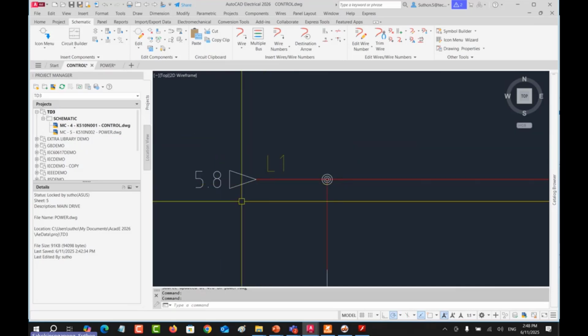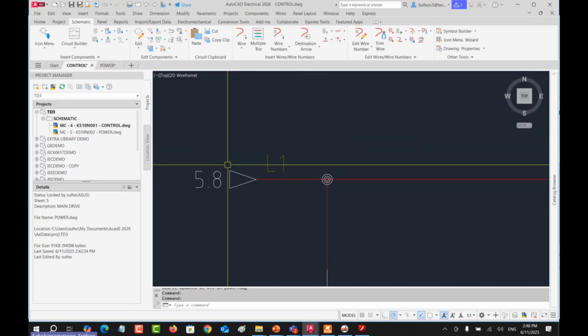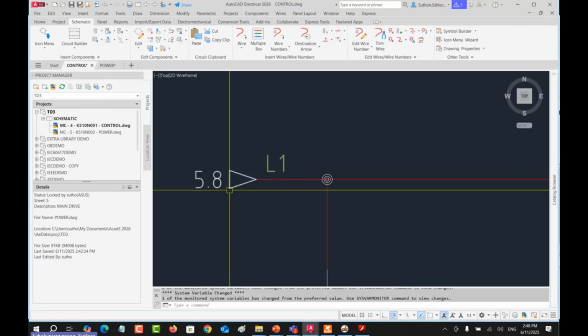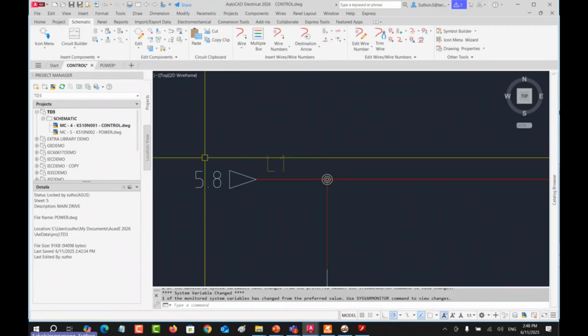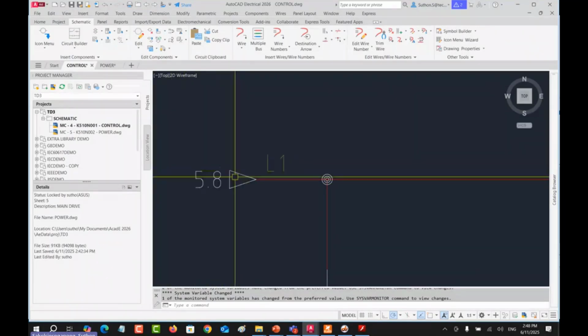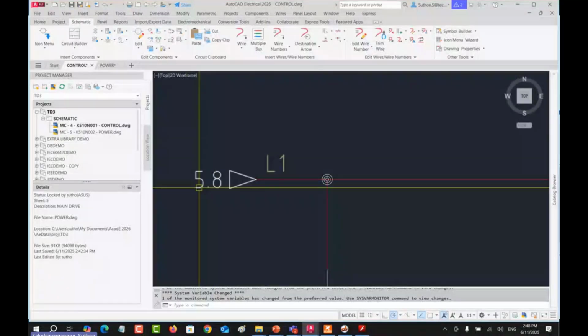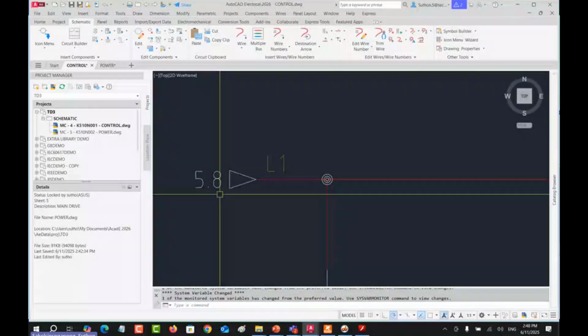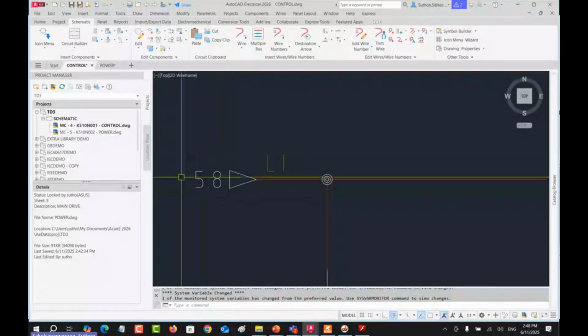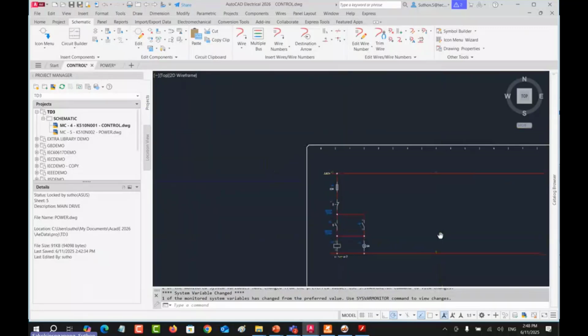Here you can see that this is the cross-referencing assignment for you. You don't have to do it by yourself. This is what I call the error-prone process, because you can link and you can assign the tag. You have to check everything by yourself if you do normal AutoCAD. But this one, you don't have to check anything. The system automatically assigns for you and the rightness is 100% right. Okay.